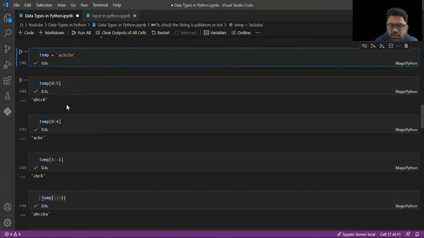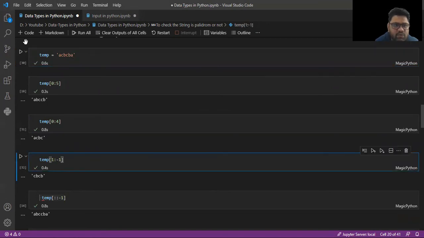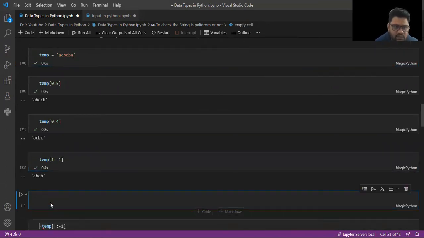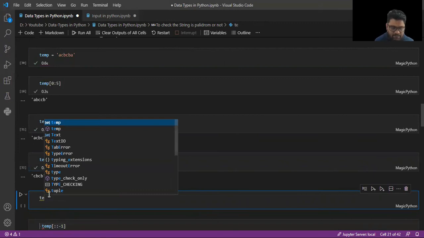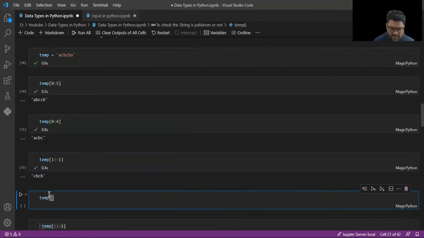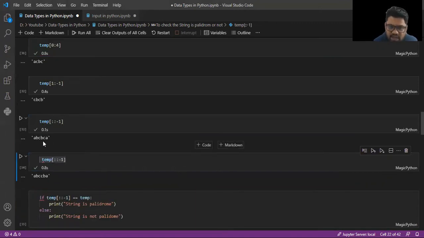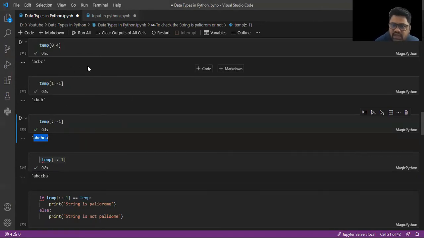Now, if you want to reverse the characters, you will use temp and then colon and then -1. This particular thing will reverse that string. And here you can see the reversed string is also like the original string. This indexing you will see in future chapters more frequently.